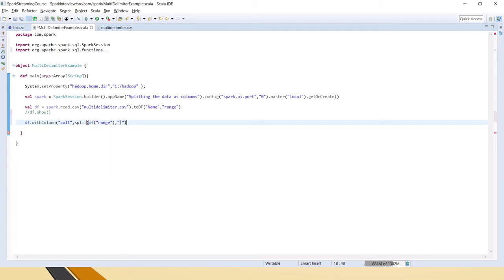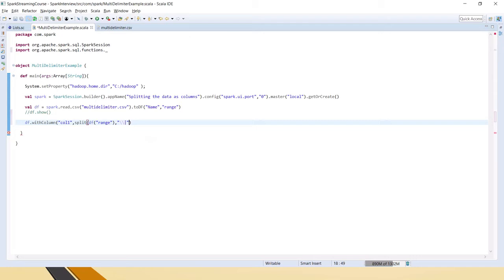You got it, right? Split this string on the pipe, but we cannot use the pipe directly, because pipe is the separator when you try to do multiple delimiters inside a replace or split. For that reason we have to use the backslashes and the pipe symbol, and mention it this way.